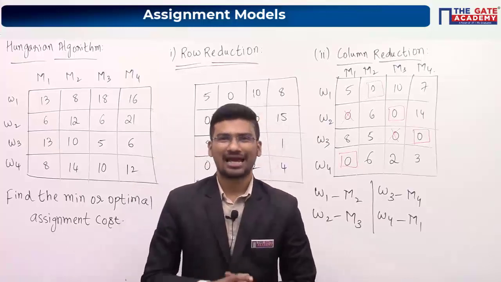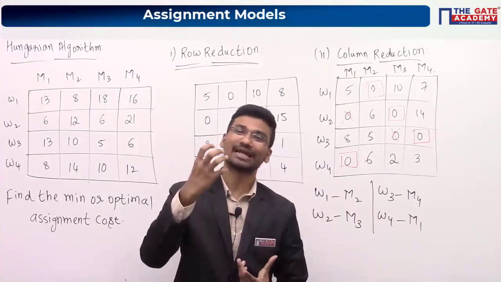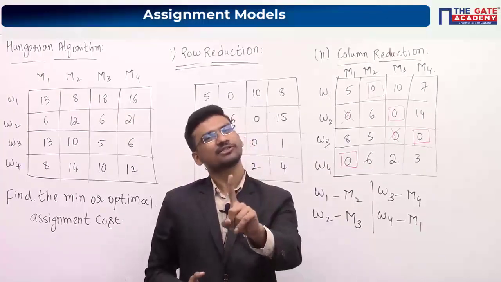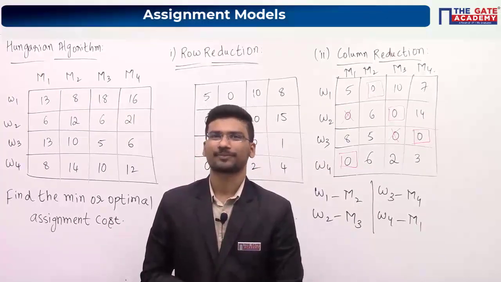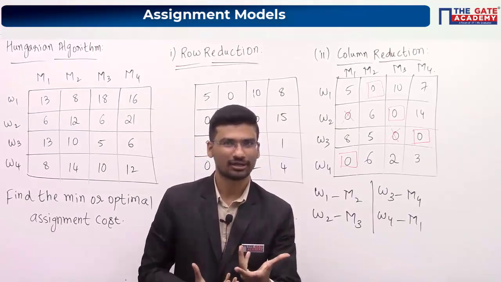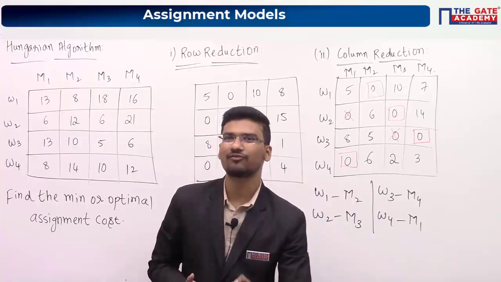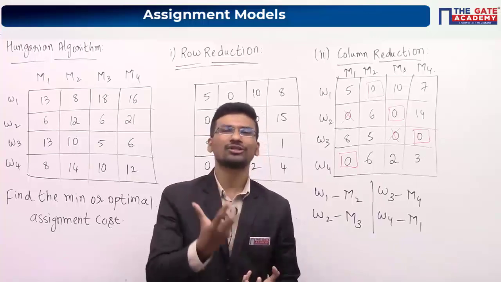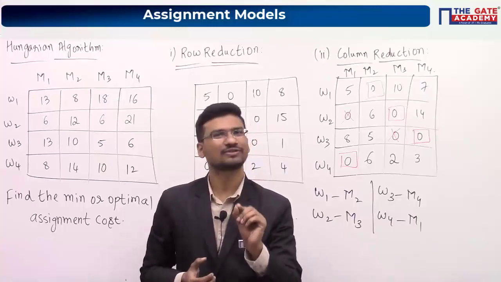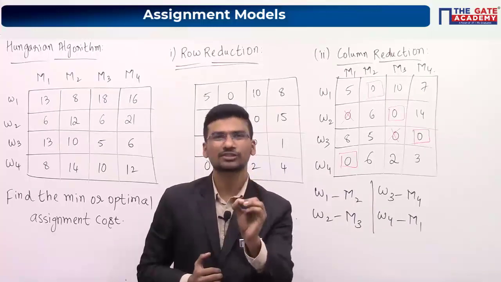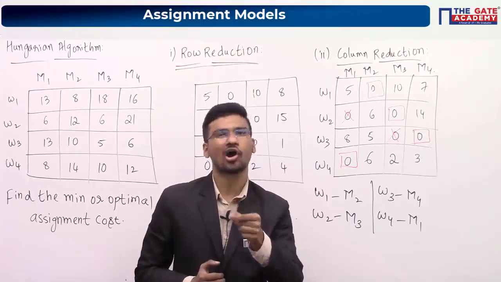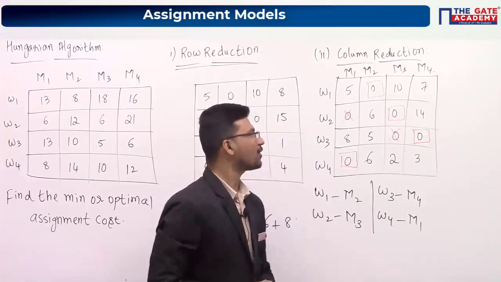Now I am asking one doubt. Maybe you may get this doubt also after solving some questions. If single 0 row is not available, what should we do? We have to go to the single 0 column for assignment. So first preference you have to give to single 0 rows. If single 0 rows are not available, you have to assign in single 0 columns. Okay. Write on this point also.